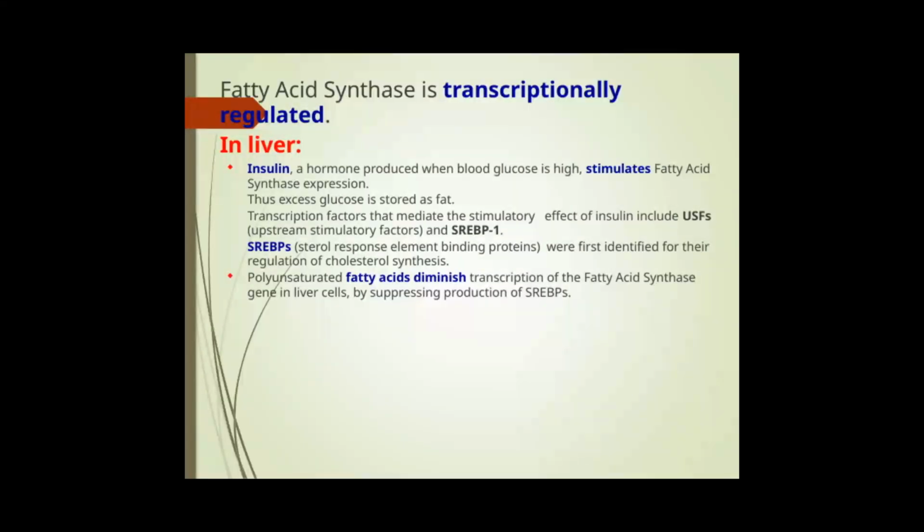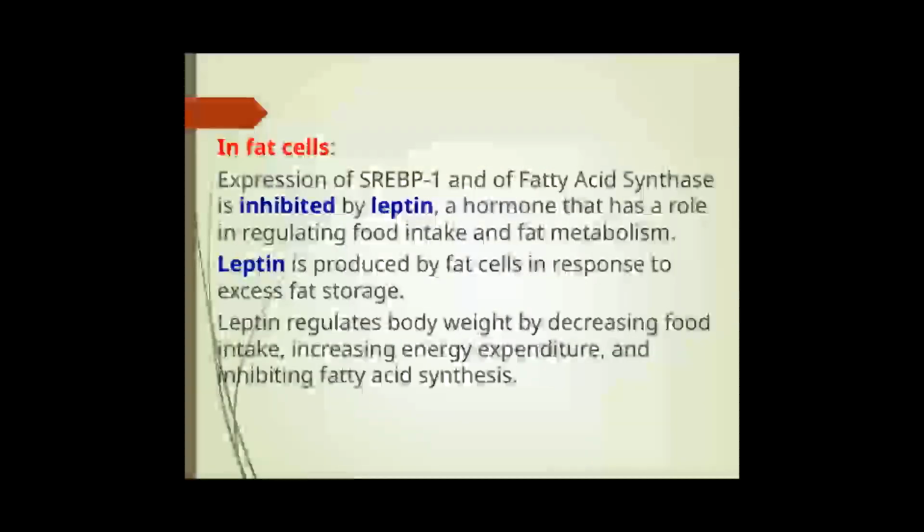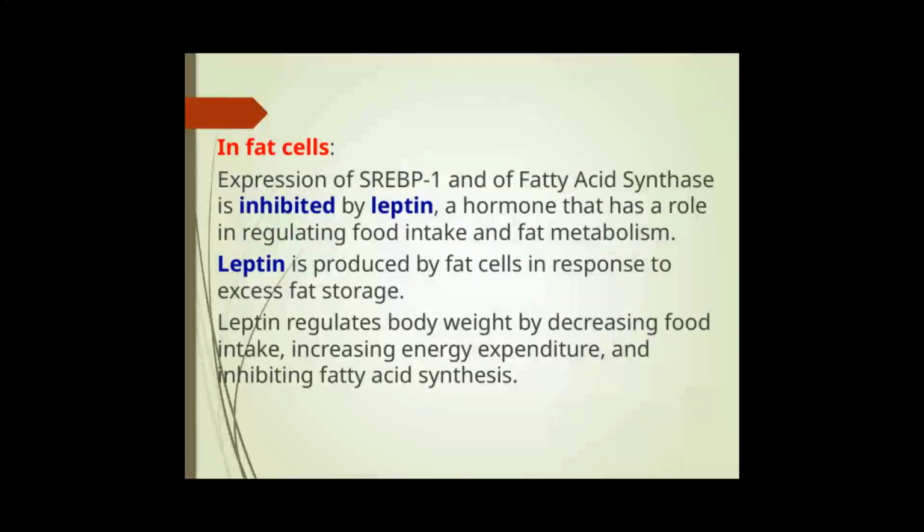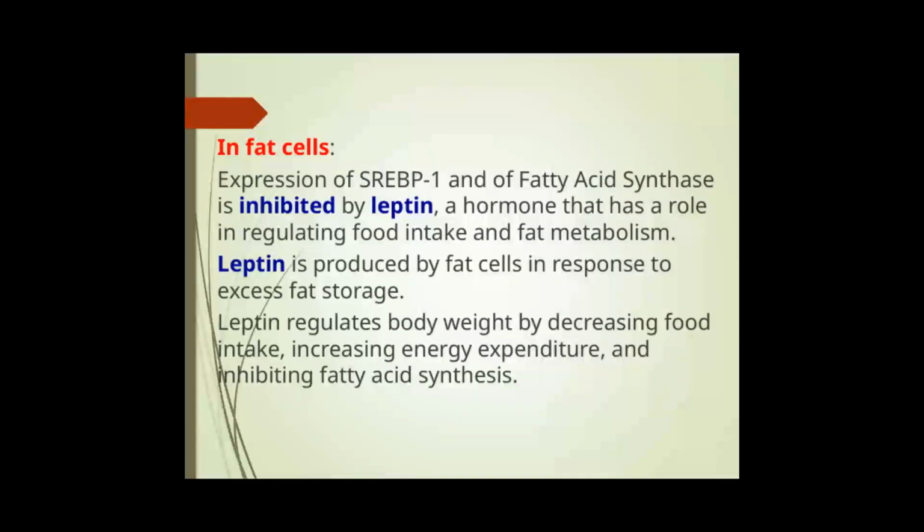When fat cells are storing excess energy, they actually produce a hormone called leptin. Leptin plays a crucial role in regulating our body weight and fat metabolism. One of its main functions is to inhibit the expression of SREBP1 and fatty acid synthase, which are key players in fatty acid synthesis. Essentially, leptin signals the brain that there's enough fat stored, which helps to prevent further fat